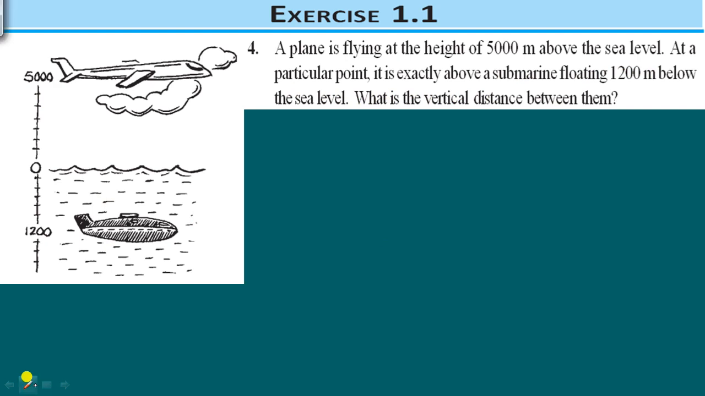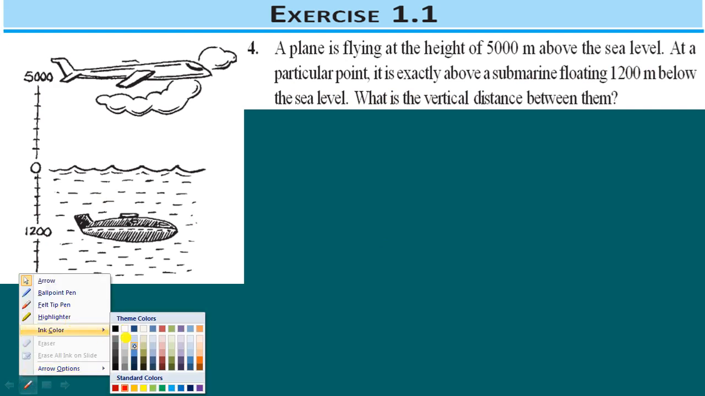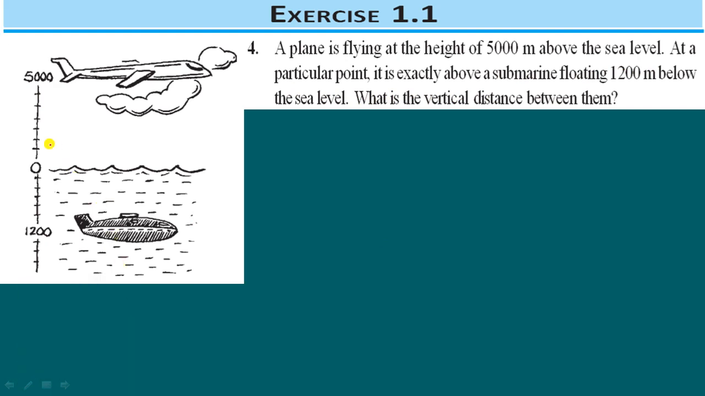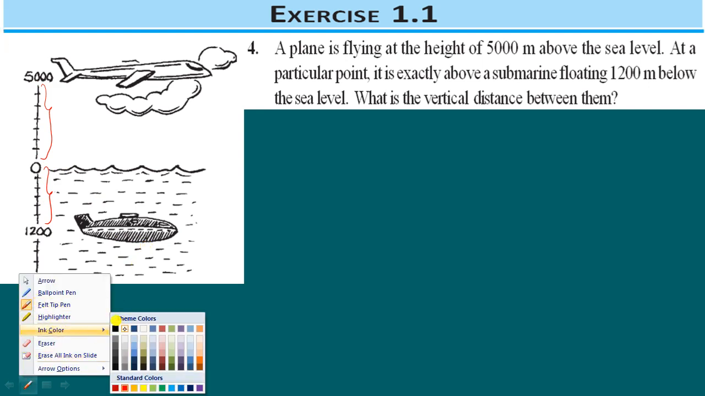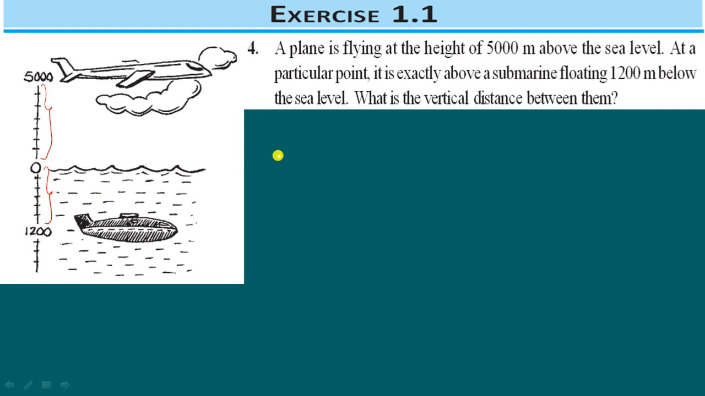You see, the vertical distance is, here you can see, this distance plus this distance is the vertical distance, right? Now here we are writing like this, right? That is the vertical height will be,